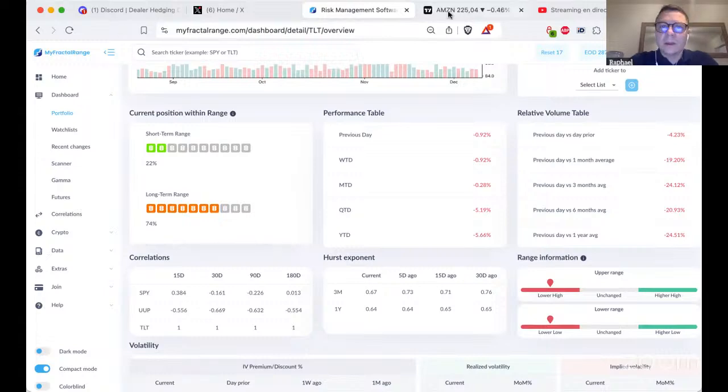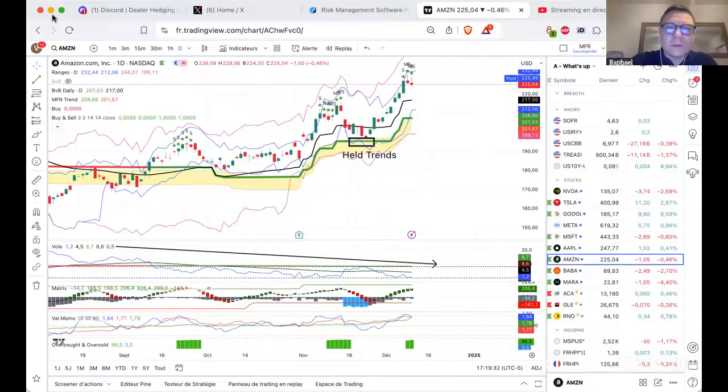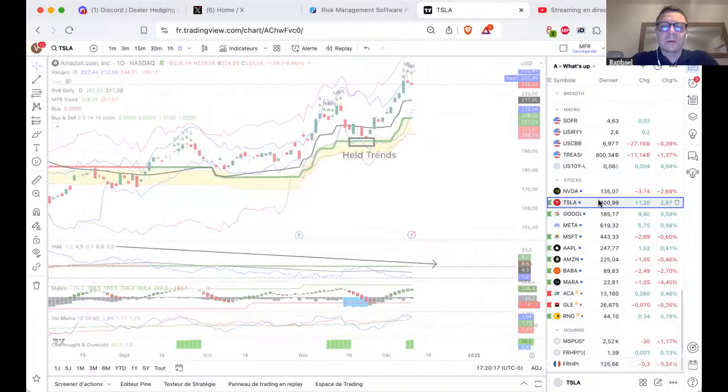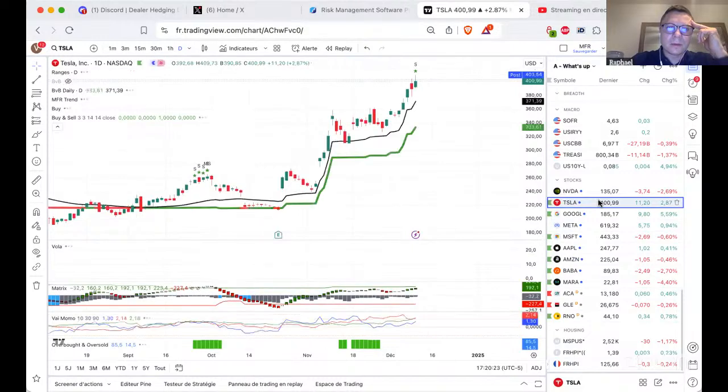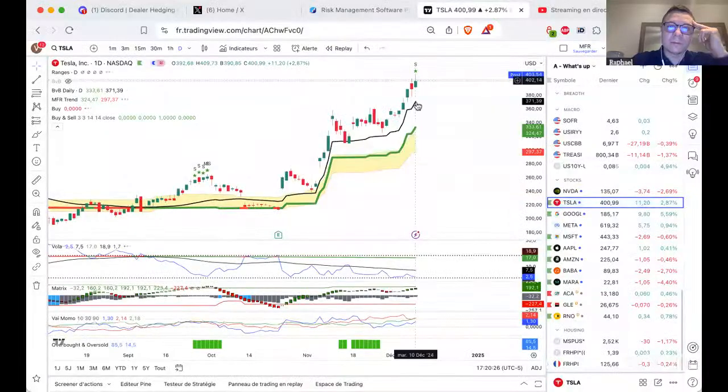Another reason why I'm not buying the dip yet is, you can see Amazon sells here, and you can see the previous instances here, sells. What you get is a sell-off. History should repeat, sell-off. Let's check the other ones. Tesla, I don't remember if there are some sells, but let's have a look. So here, sells. Last time at sells, retest of trend.